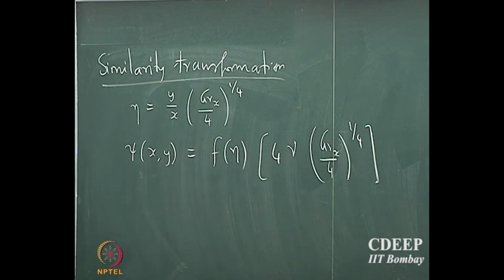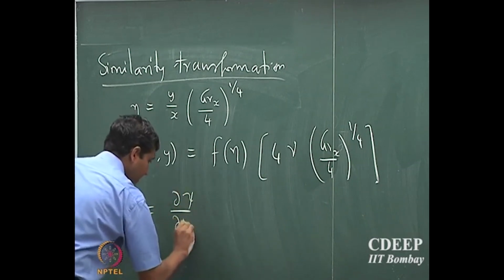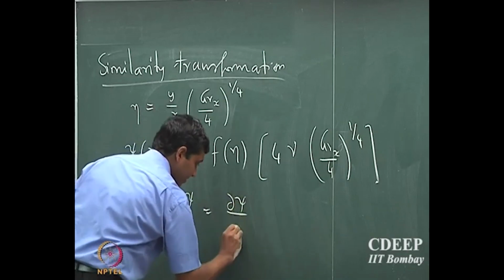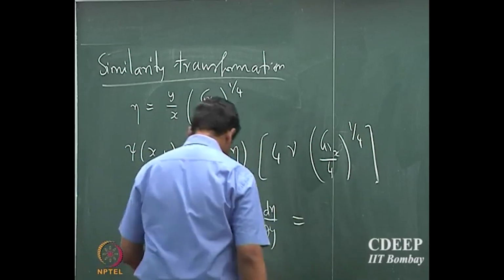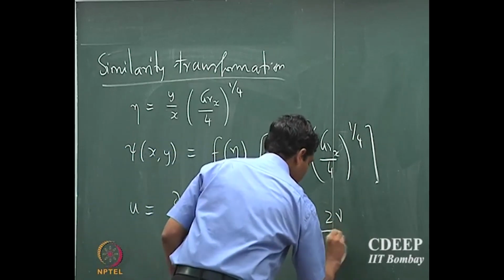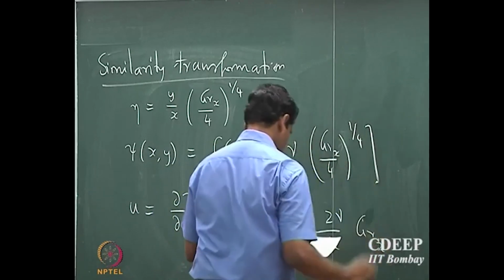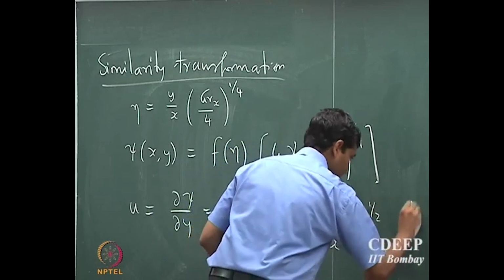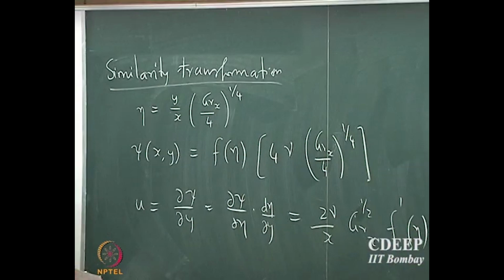So now we rewrite all the model equations in terms of these similarity quantities. So you write u will be d psi by dy, which will be d psi by d eta into d eta by dy, and that will be 2 nu by x into Grashof number to the power of 1 by 2 into f prime of eta. So using these definitions, we can rewrite the model equations as